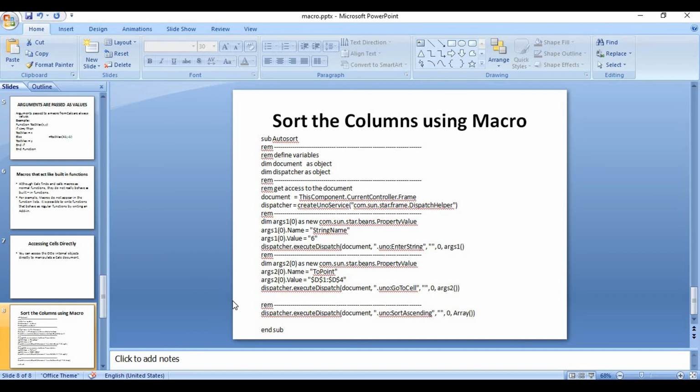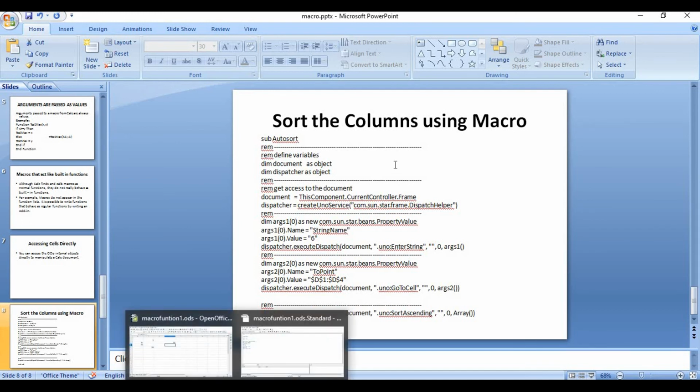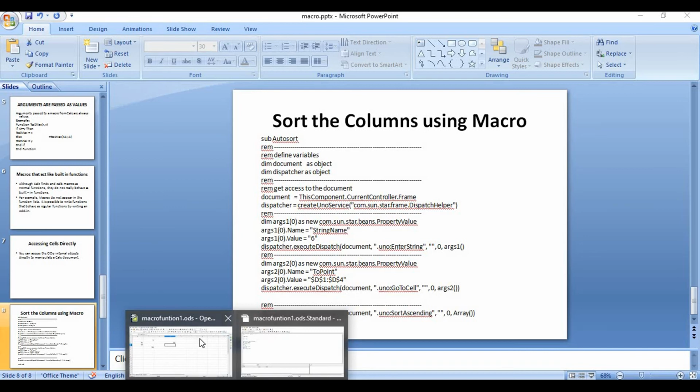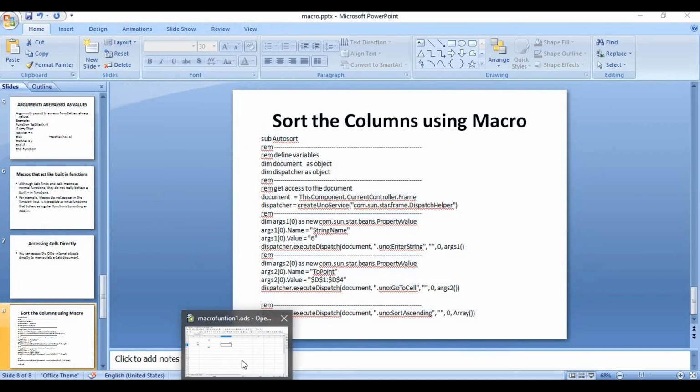Is it clear? For that, either you have to learn the code and then write this code in the software, or second method, directly use the sorting option and record your macro and then use that macro. Clear? So this time we don't know how to create this macro. Simply we have to use this concept.